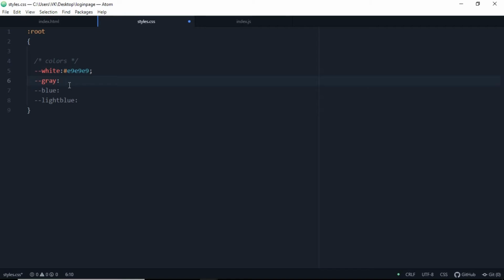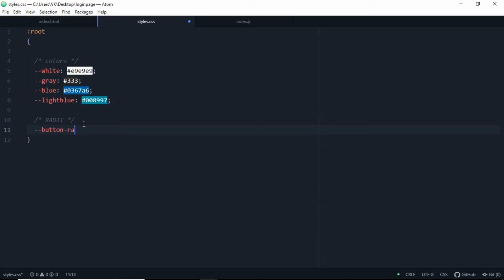So it was the white color, and I'm going to paste all this for gray, blue and light blue because I don't want to waste your time. So we got this gray, blue and light blue. You can pause this video and just notice those hex codes. And we got this red I has our comment here.